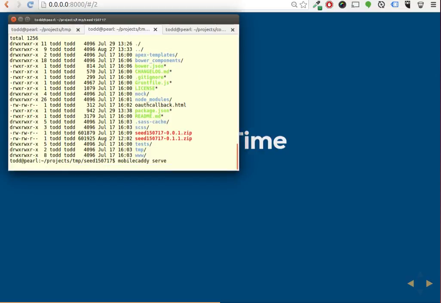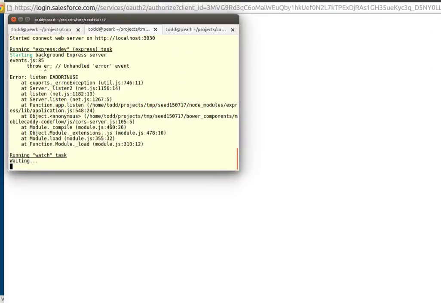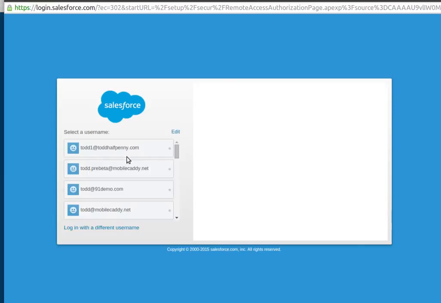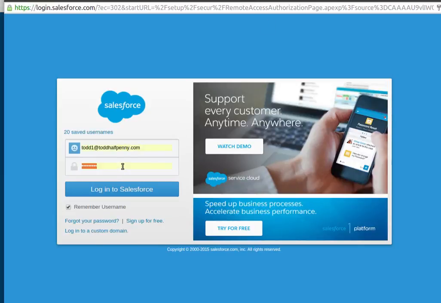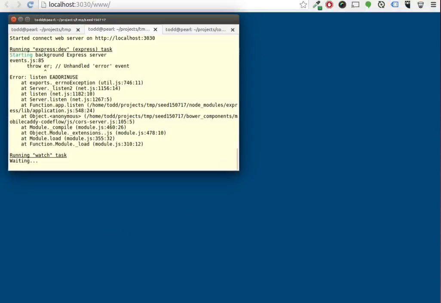We should see that it's going to start my app up in a local web browser, and this will prompt me to authenticate into Salesforce as the first port of call. I'll do that now with one of my many logins. This is a developer box, Salesforce box on the back end that I'm connecting to. And now what's happening is my application